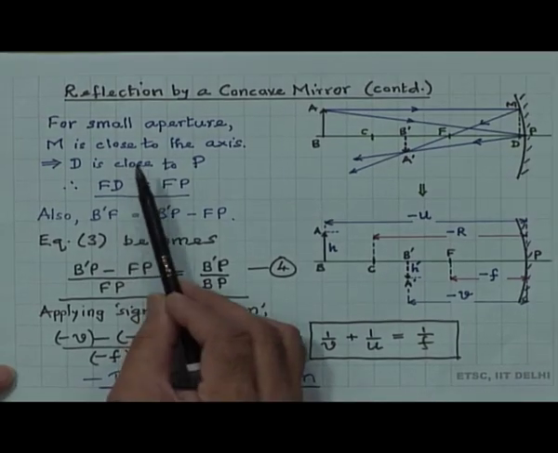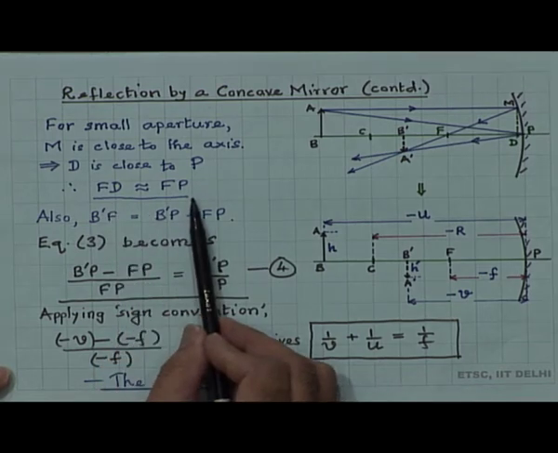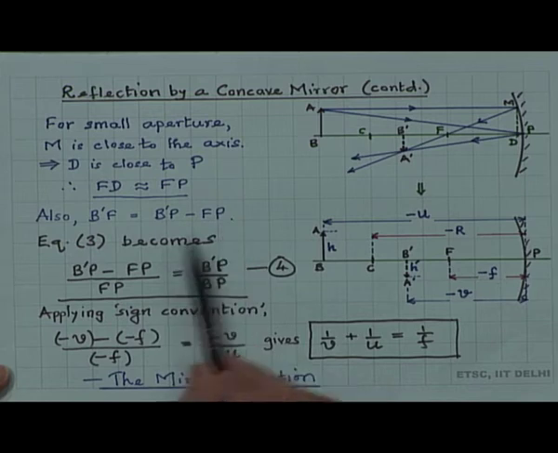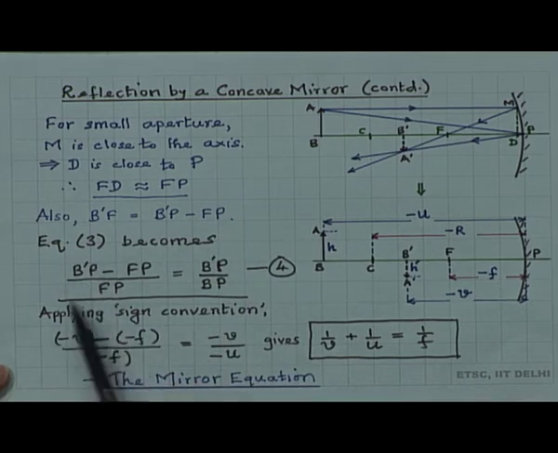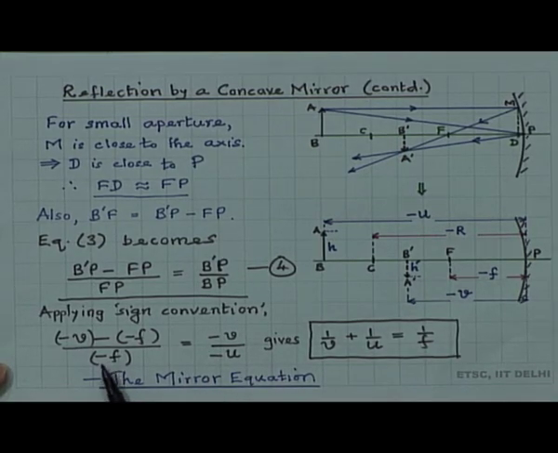Then we use the small aperture approximation to get FD nearly equal to FP, and observe BF is equal to B'P minus FP. Substituting into 3 we get this equation,